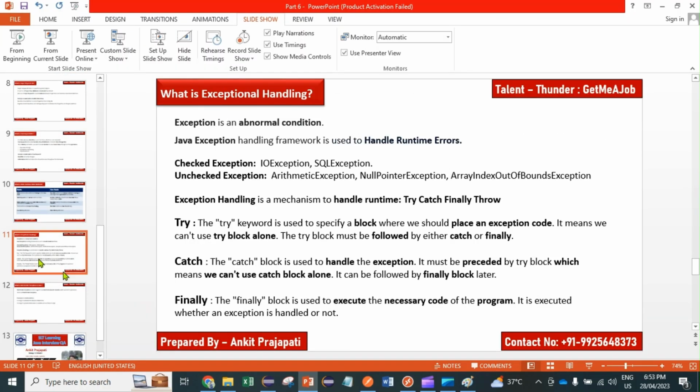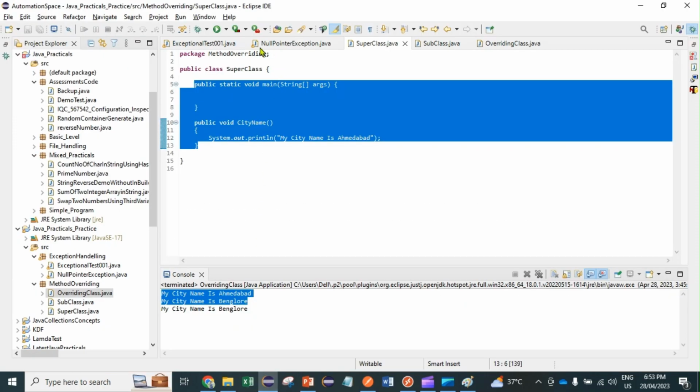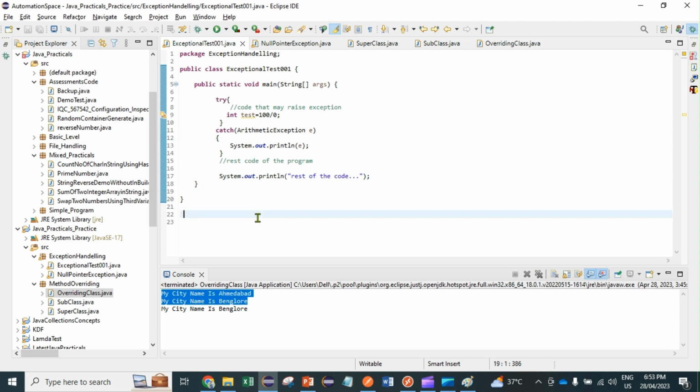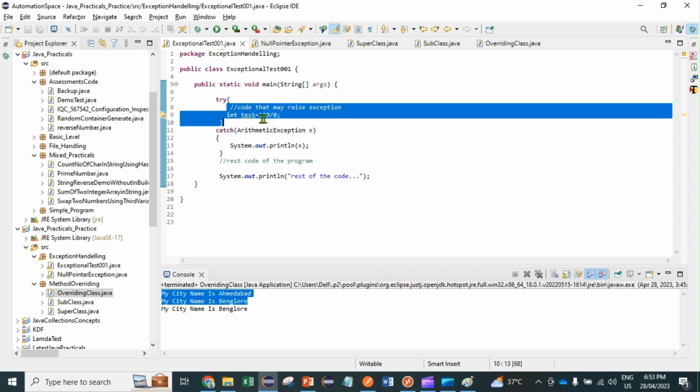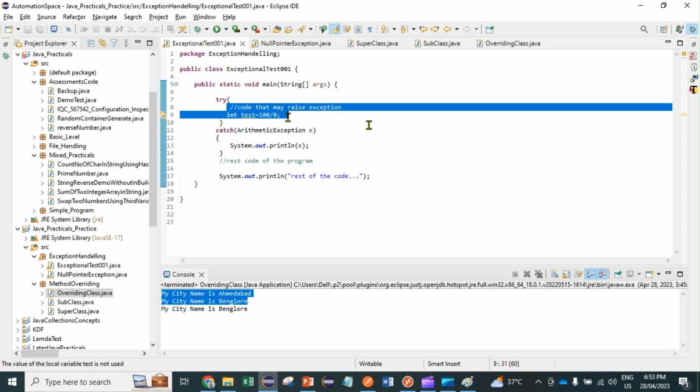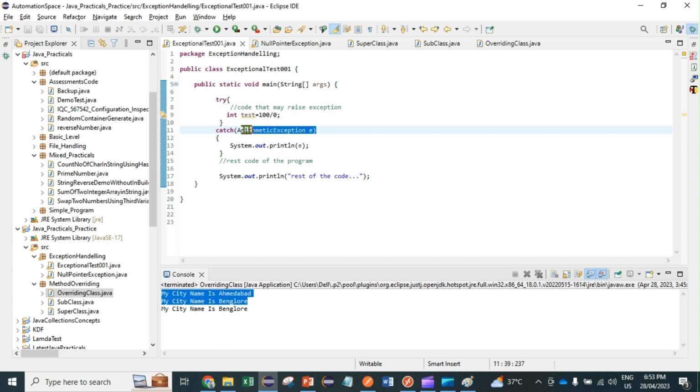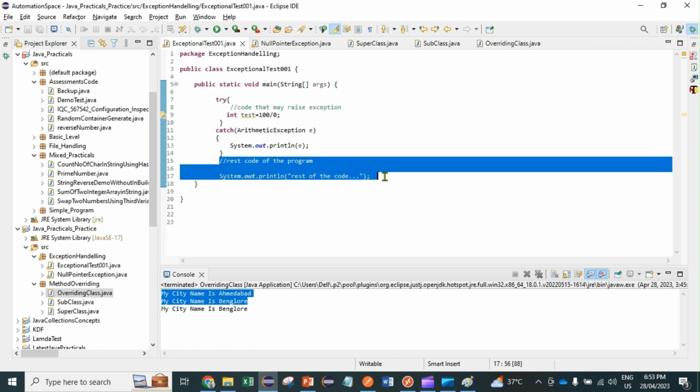Okay guys, now let me show you how try catch works, because I was just demonstrating this part to one of my students. This is how the try catch block works. Under the try, you normally put the code which you think is going to generate the exception. If you think this line of code has some risk or may fail, you put it over here. In case an exception happens, the catch will catch that exception, and the rest of the code you put over here.